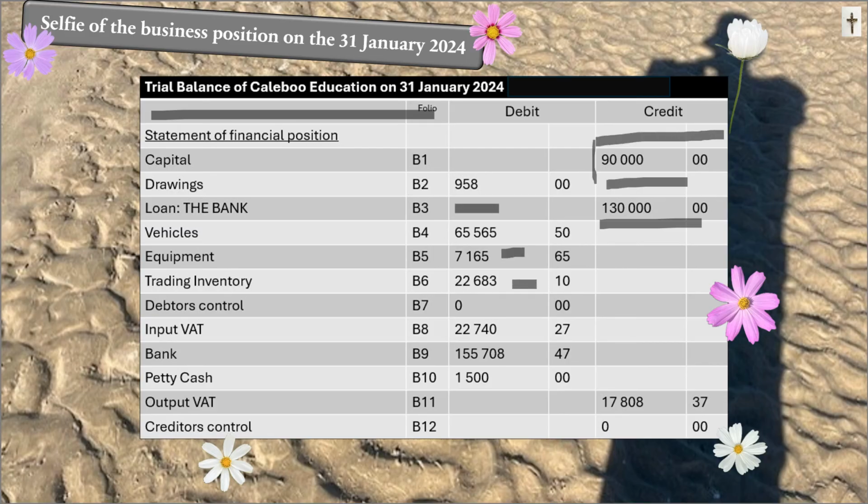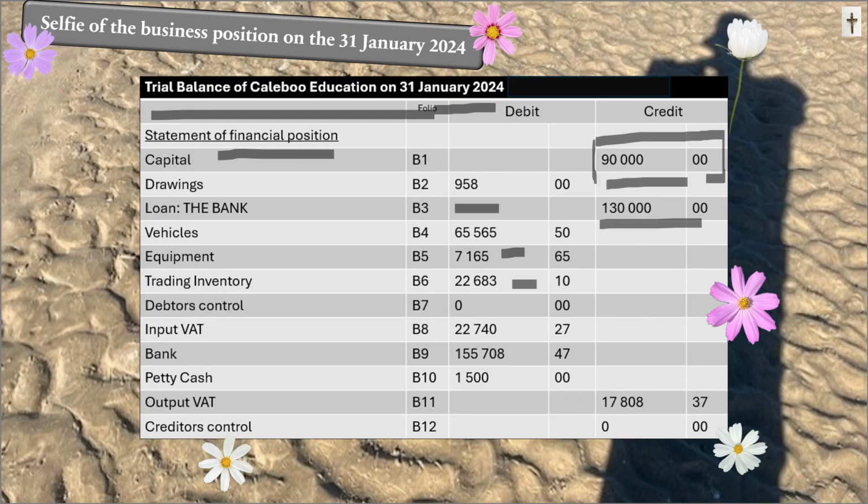Now I'm going to start with capital. So this here is the capital balance, what the owner has put into the business as at the 31st of January 2004. Remember, we're moving on to the transactions for February, and this here, a trial balance is divided into